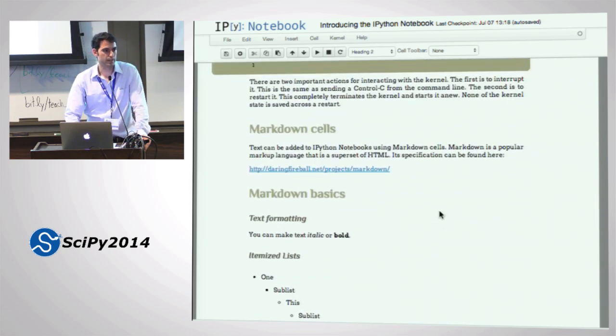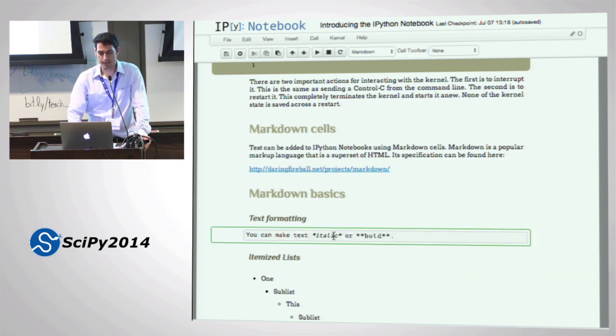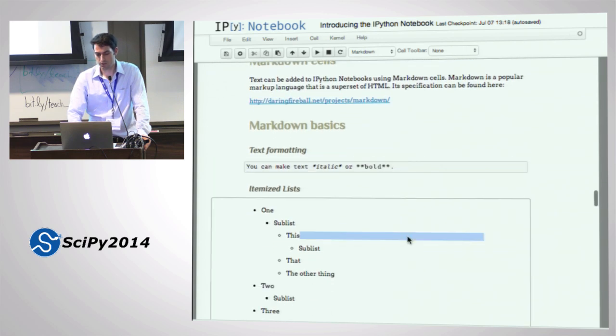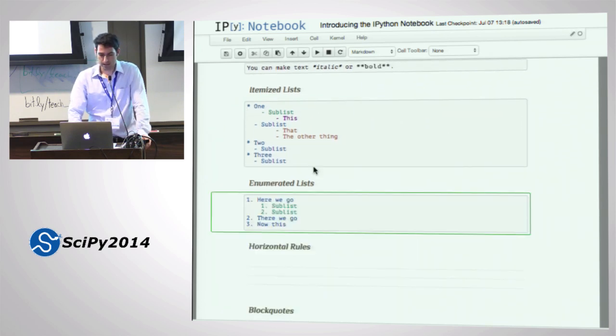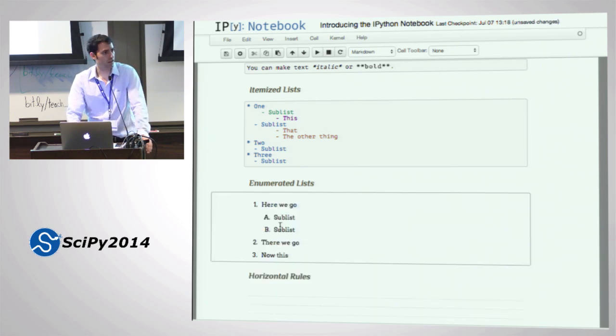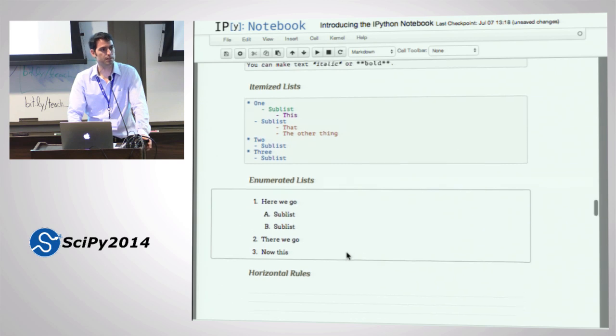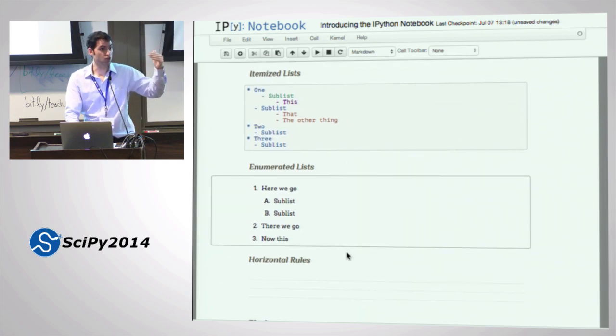So these are examples of things that you can do with Markdown cells. If I double click and put this in edit mode, you'll see what the raw Markdown looks like. And you can, of course, double click on this yourself. You can see how to do lists, italics or bold. This is a little bit funky. The enumerated list here is using 1, 2. But when it's formatted, and I have to execute the cell to format it, it automatically does A, B as the numbering. That's just something to know if you use nested enumerated lists. The formatting will be handled by your CSS file. Okay?